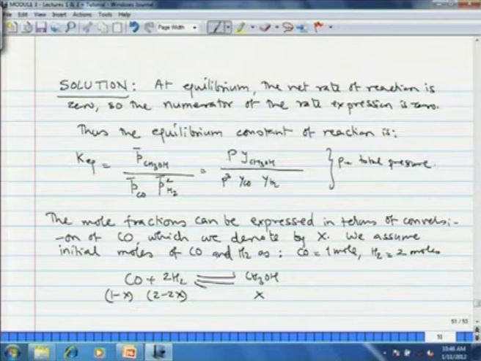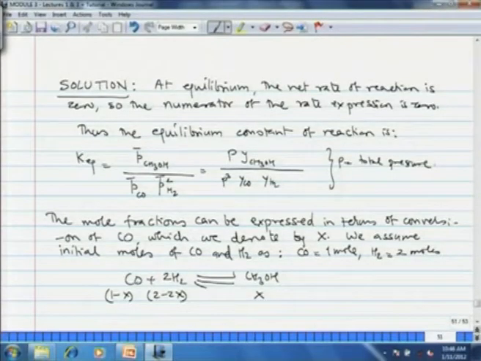Then for the denominator, P cube into y, the mole fraction of carbon monoxide, y, the mole fraction of hydrogen. The mole fractions, now we have to estimate. These can be expressed in terms of conversion of CO, which is the main or the reference reactant, which we denote by X. The conversion of carbon monoxide is X. So, if we assume that the initial moles of carbon monoxide and hydrogen are 1:2, because we have been given that the synthesis gas mixture is fed in stoichiometric proportion, there is nothing in excess of any component. CO to H2 is 1:2.